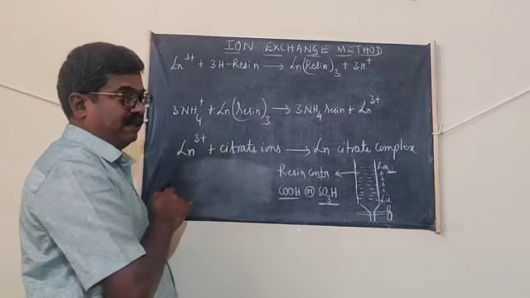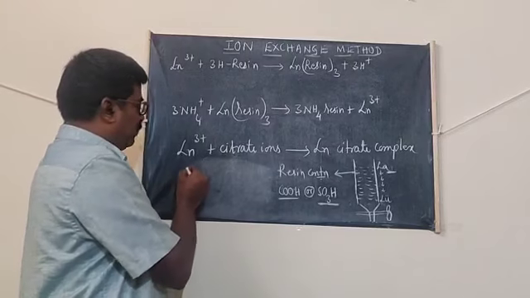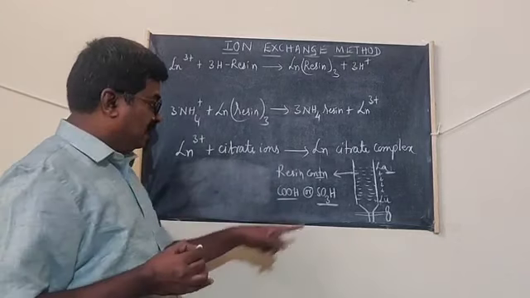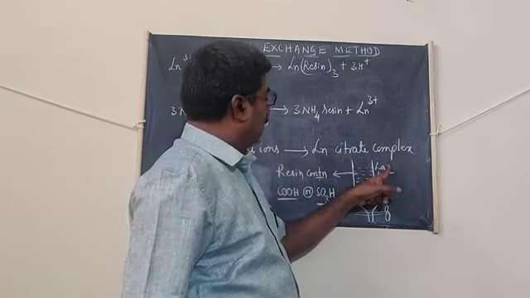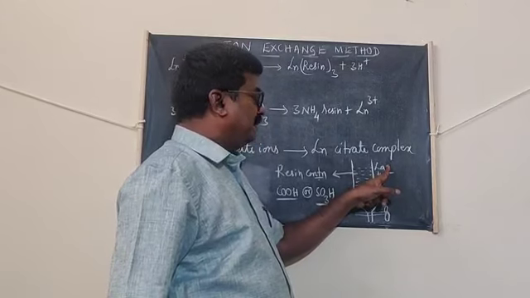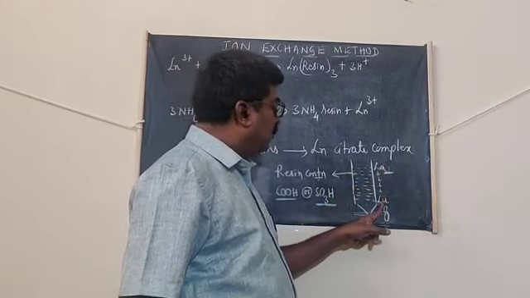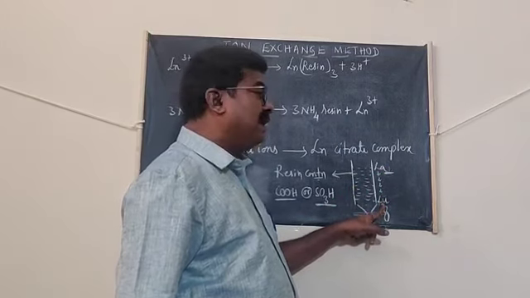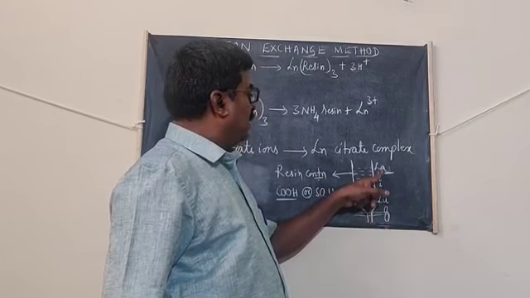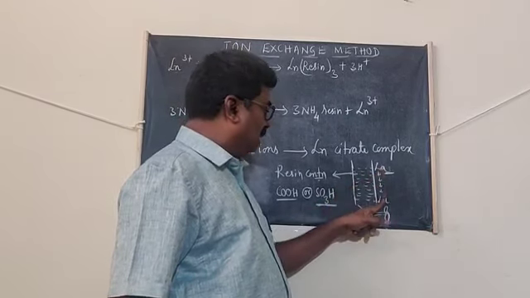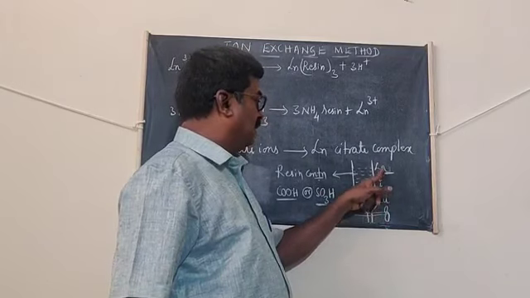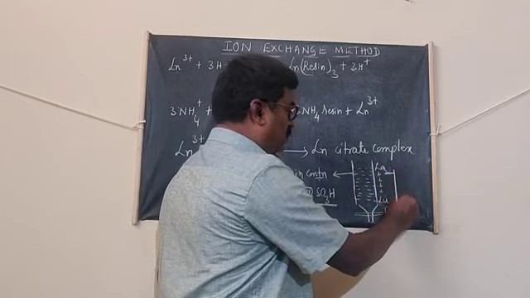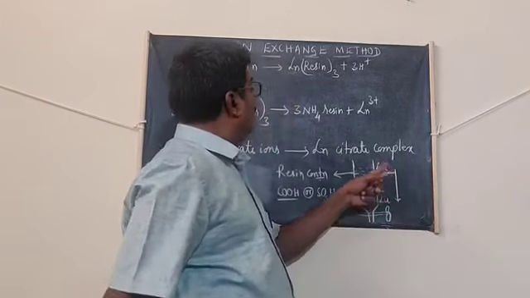In this method, we are using hydrated lanthanide ions. Lanthanum has the largest size and is least hydrated, and the lutetium ion has a smaller size and is heavily hydrated, and the middle ions differ. In general, the hydration of an ion increases as we move from left to right.